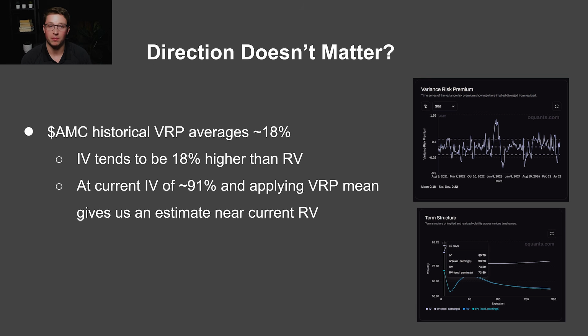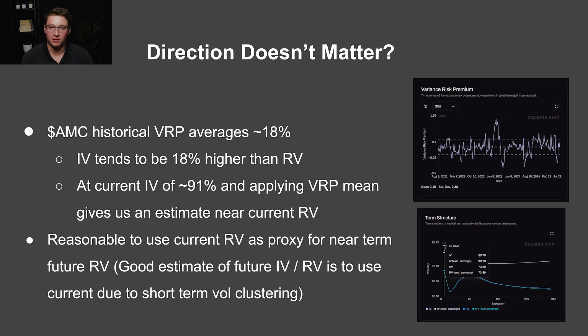Now, if the current at-the-money implied volatility is around 91.3%, subtracting the 18% VRP gives us an implied expectation of future realized volatility close to our 76% estimate, which matches the most recent realized figure. So while we're simplifying by assuming that past realized volatility equals future realized volatility, that estimate is consistent with AMC's long-term IV-RV relationship. This makes our volatility assumption both defensible and consistent with empirical market behavior, especially when modeling spread